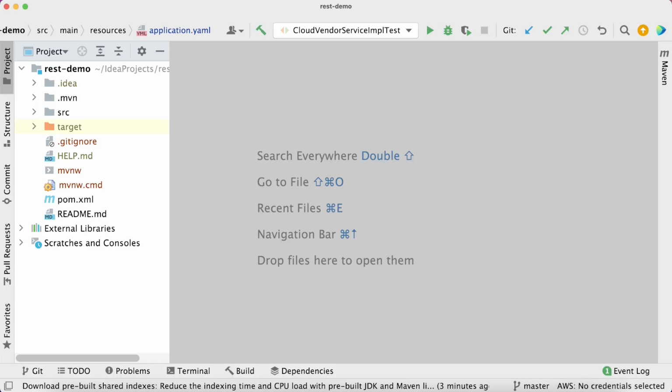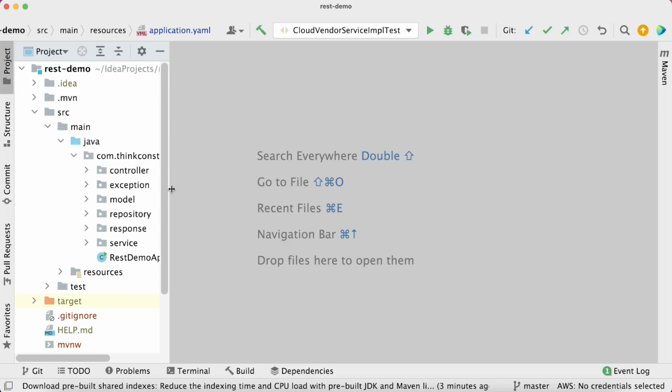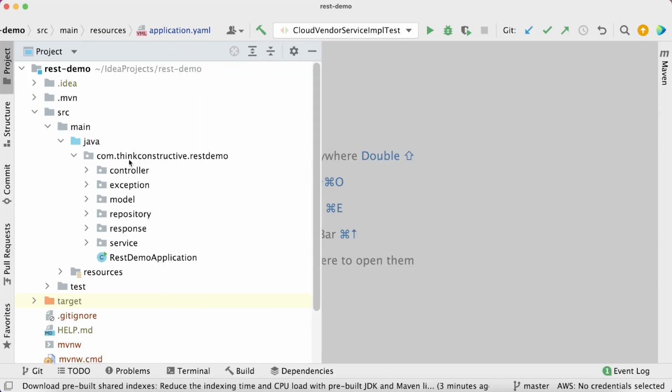For this session, I'll give you a very quick walkthrough of the Cloud Vendor API application so that you can relate to the code we are going to write now. Inside src main java, we have built our com.thinkconstructive.rest demo.